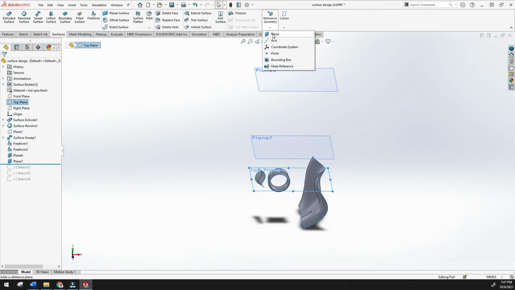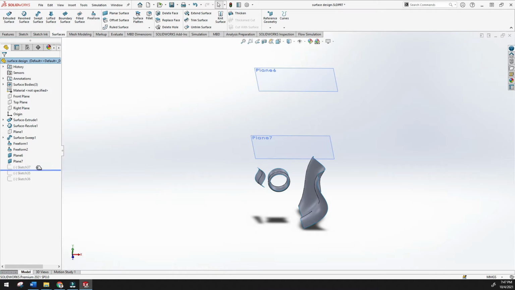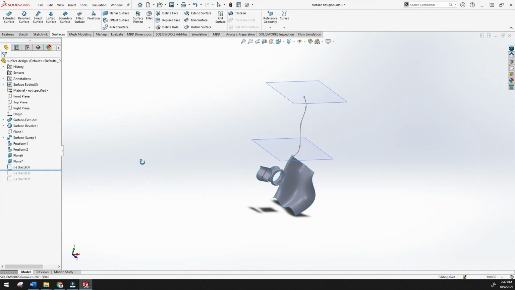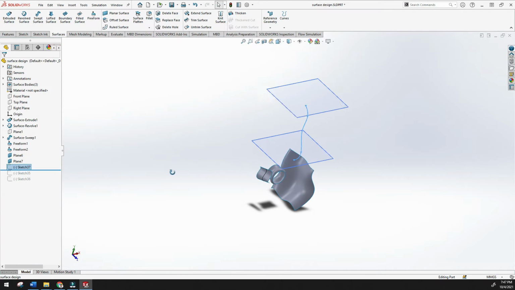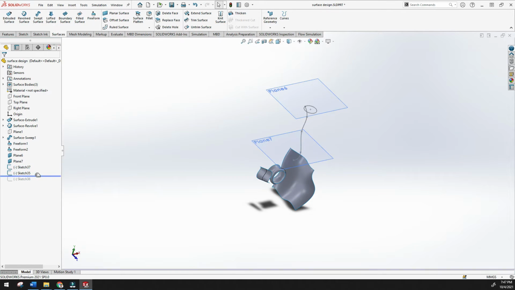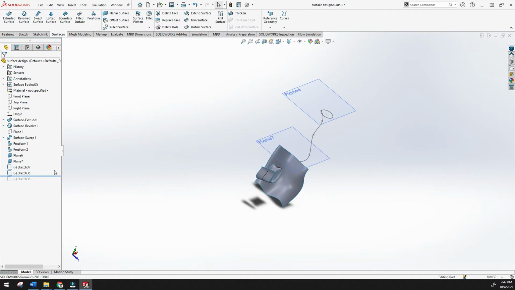From here you can create them easily. Left click and drag down; these three sketches are hidden. Once you drag down, it is active, and I think it is the guide curve.